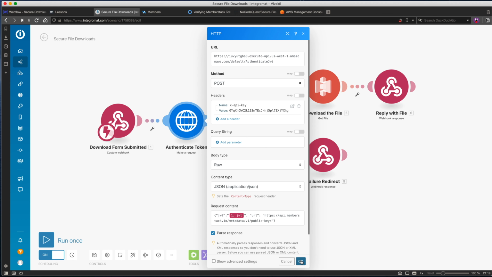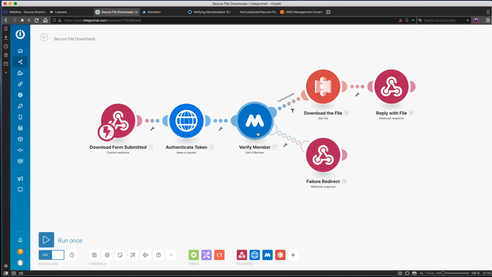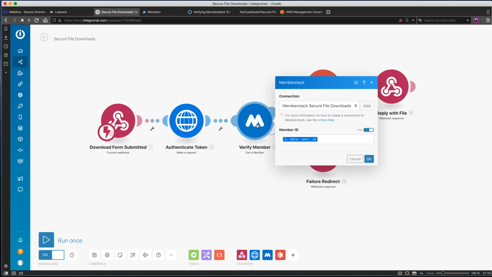Okay, so the JWT token has been authenticated against MemberStack. Next, let's go and verify the member. So what we need to do here is take the authenticated information that was returned to us from this module and use it to query the MemberStack's backend API and make sure that that member is a member on our